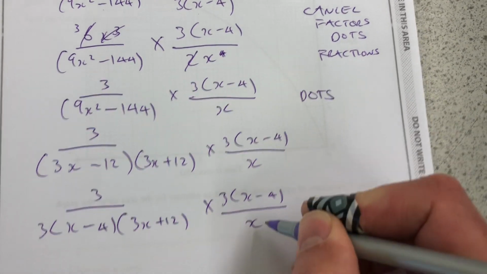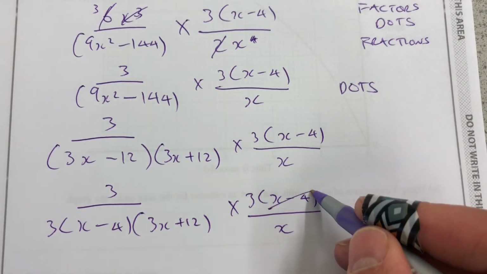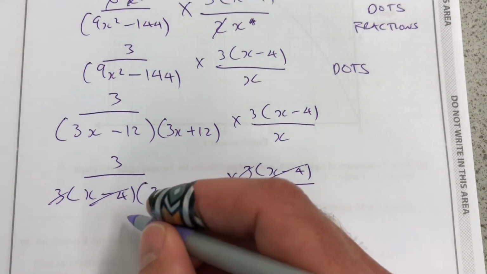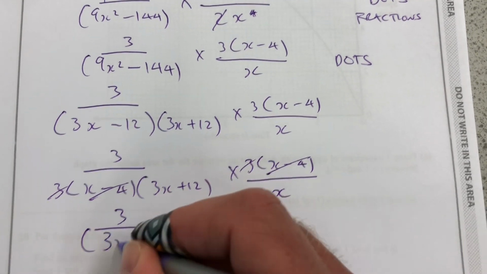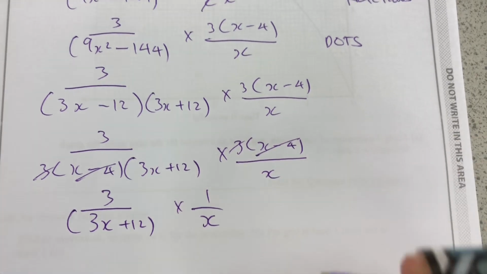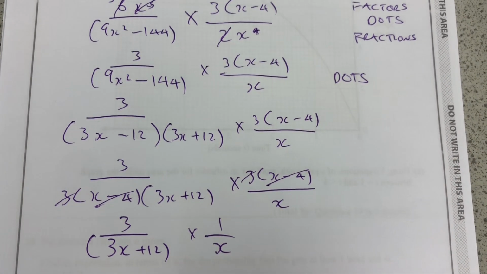And hopefully I can see or show you that that x minus 4 and that x minus 4 will cancel, that 3 and that 3 will cancel. So I'll write it one extra step there. Don't need to write all these steps. Usually it's just to show what's happening. Okay,